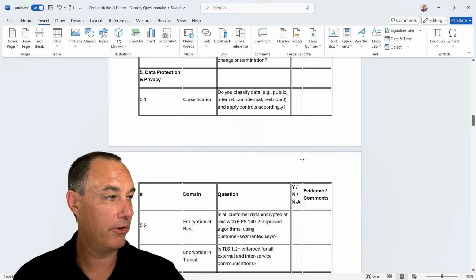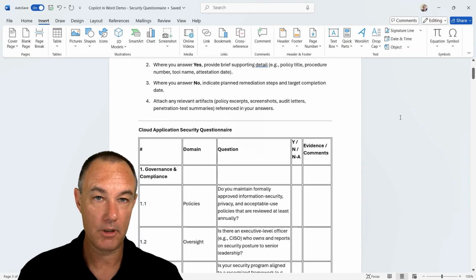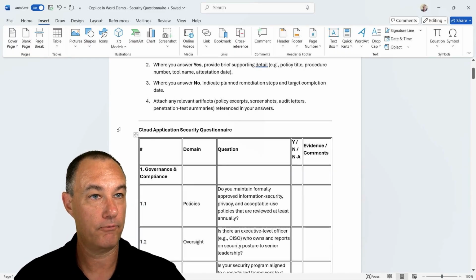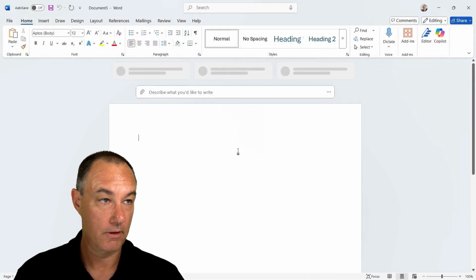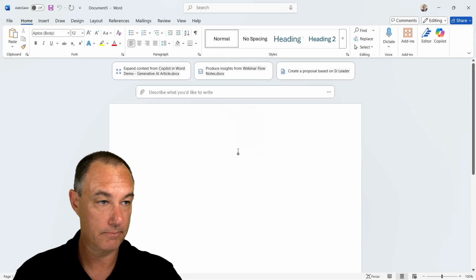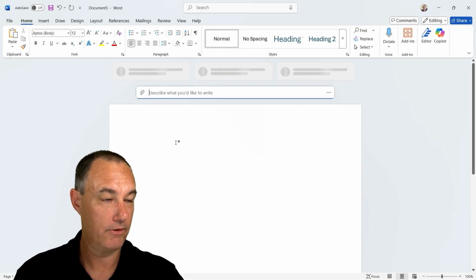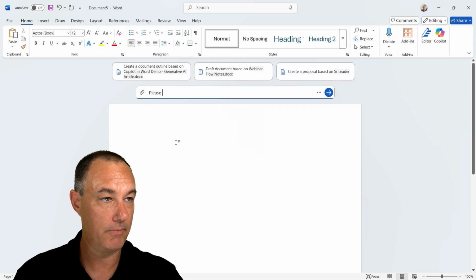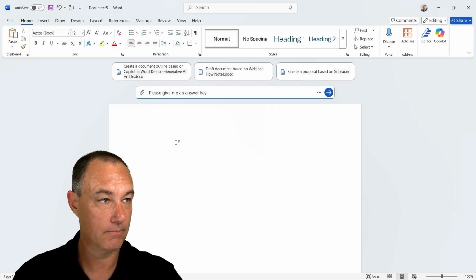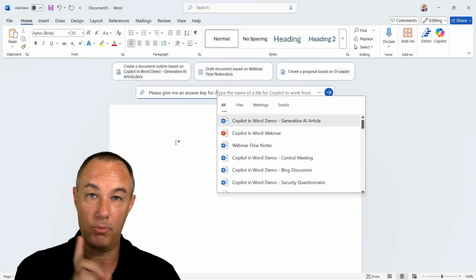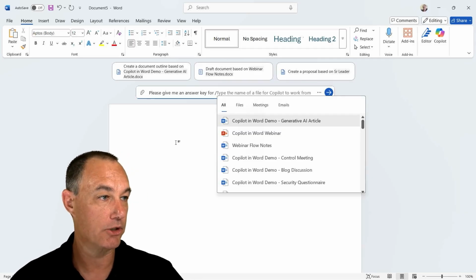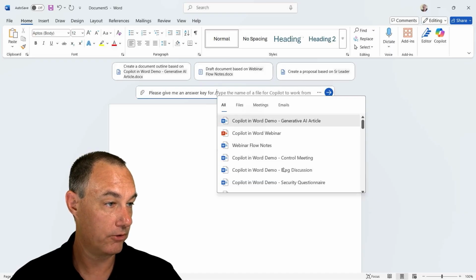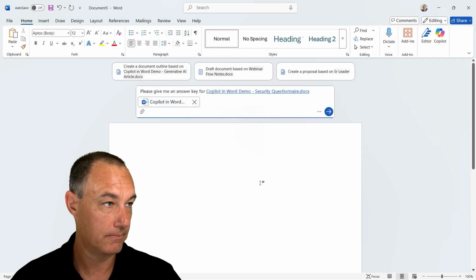Okay, so this is unanswered. What I'm going to do is this. First, I'm going to go to a blank document, and I'm going to call up, just like using it this way, please give me an answer key for, okay. So I am referencing a document. Notice I use the slash. We're in Copilot inline. We're going to use the slash, and we're going to do the security questionnaire. So I want an answer key for the security questionnaire